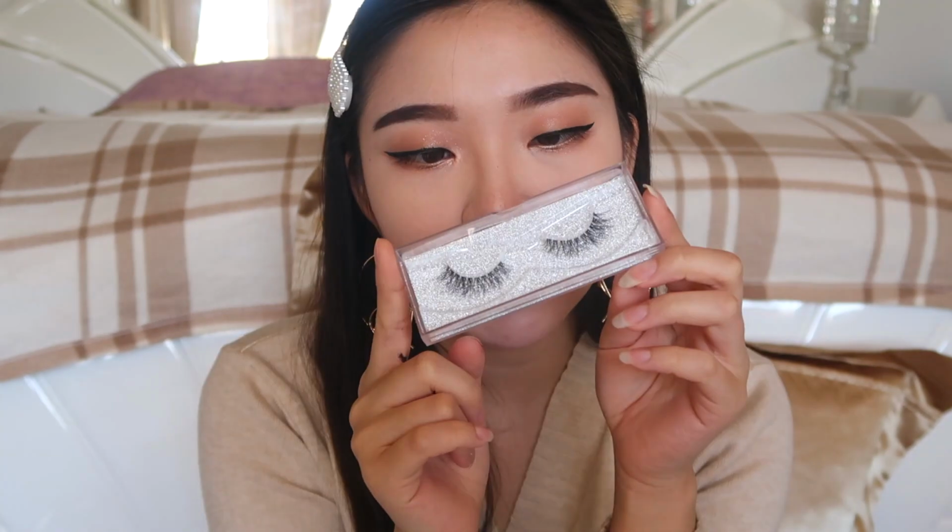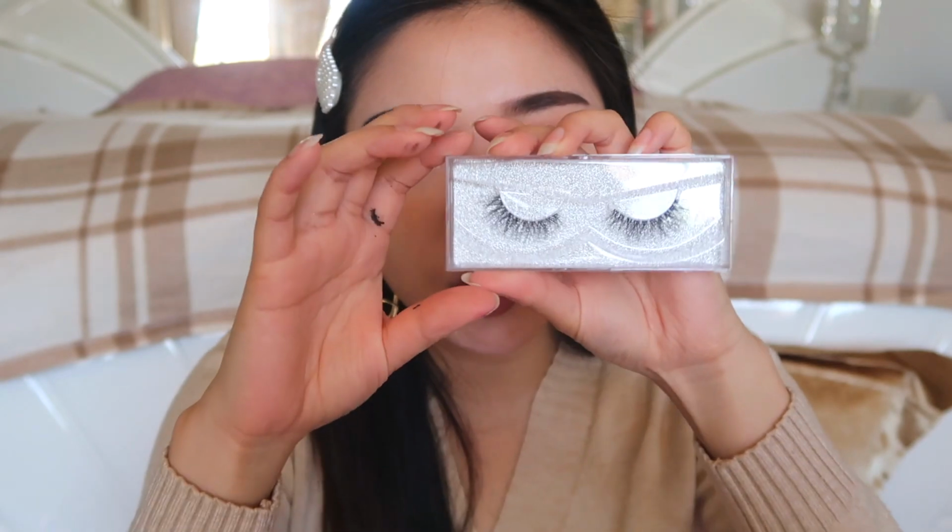Anyways, I think I'm going to go in and add lashes. So they did send me a pair of mink lashes. I don't think I've ever tried mink lashes, to be honest. I don't really know the difference between them. So they look like this. I love how wispy they are. They look really natural, which is great for every day. Just to add a little bit more volume to my...